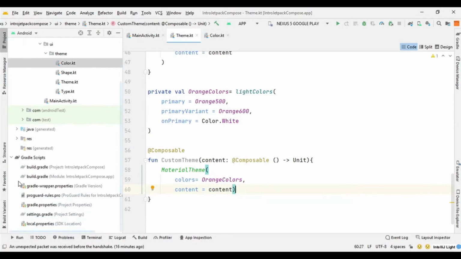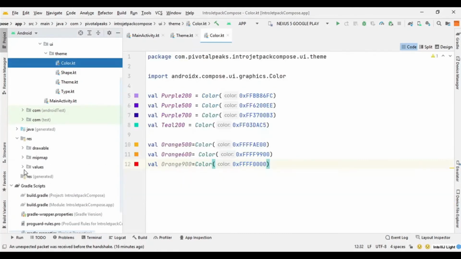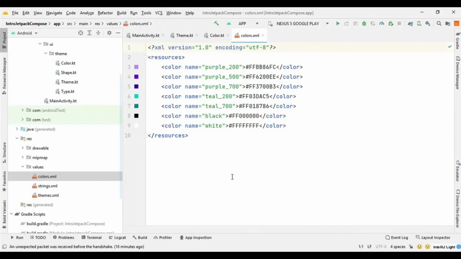So to do that, we need to create a color in our resources file. So go to the values folder, and in this color XML file, here we can create another color.